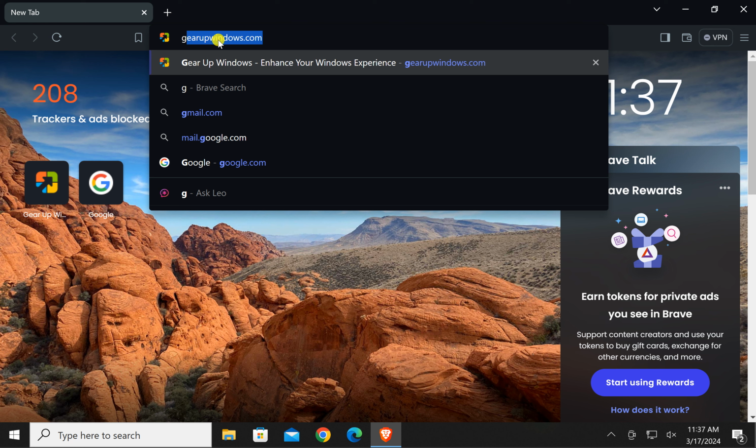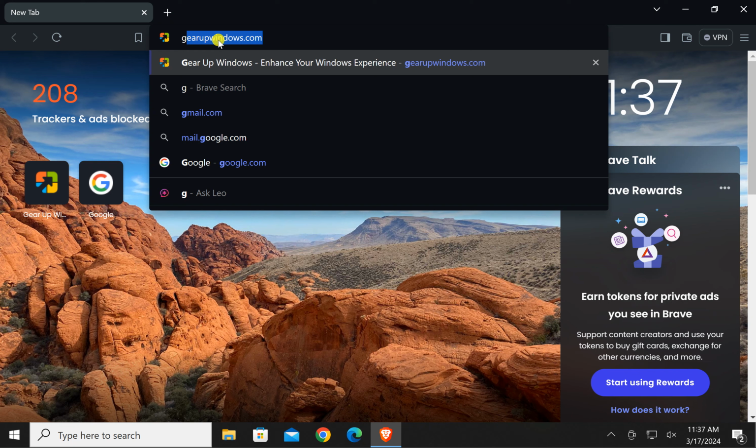It happens in Brave browser due to a setting that says Show Autocomplete Suggestions in Address Bar. It offers you suggestions from the top sites, browsing history, bookmarks, and Leo AI Assistant.